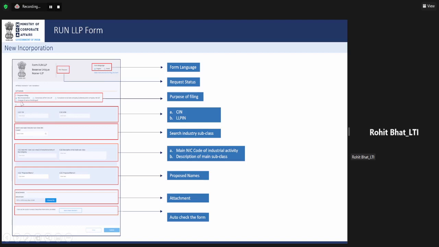And had we selected change of name of existing LLP, our 2B part, which is LLPIN field, would have been enabled. So in the new forms, you'll see the functionality. As soon as you select any particular option, various fields would be enabled or disabled, or you'll be able to see them, or they'll be kept hidden. So this is also one of the facilities that we are giving in web forms in V3 portal.